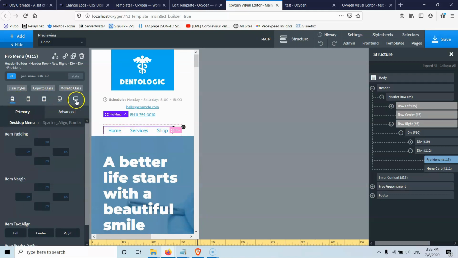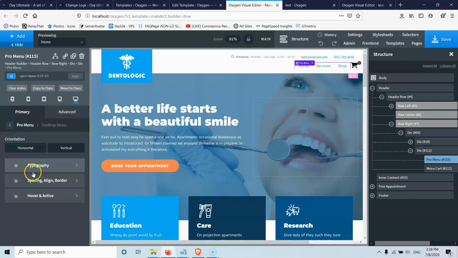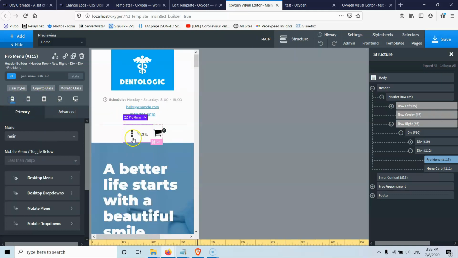Yeah, I have to change first when it will go for a mobile version of the menu. So let's go to Pro menu and let's go for the mobile menu. Sorry, the mobile menu will go here, and we'll see now that we have the menu here and the icon, of course, outside the menu. And again, this is not something that we can change.